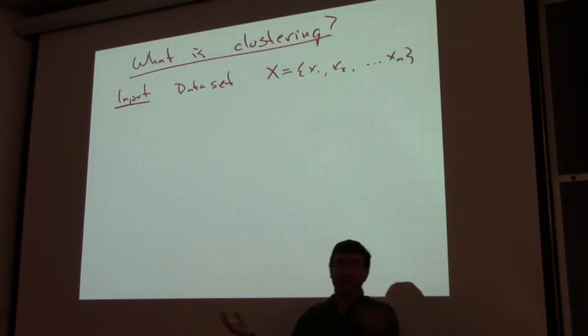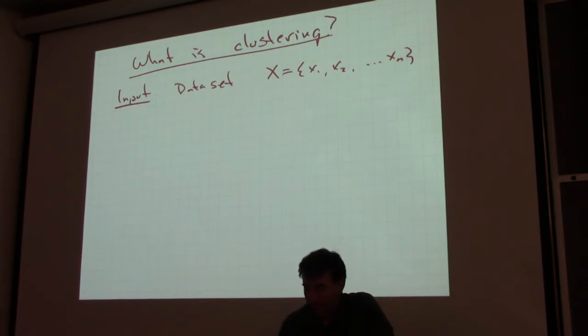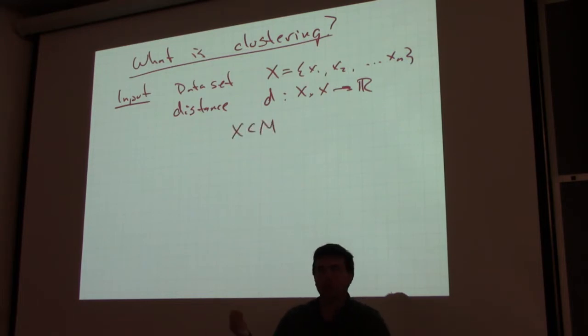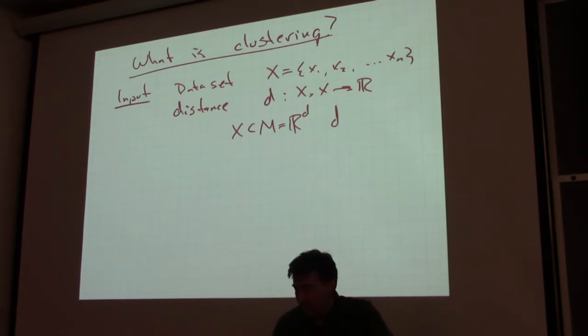Xn, so it's got n data points in it, and we're going to have some form of a distance, which is given as part of the input. In general, we'll say that this goes from X cross X to R. It could be that X is a subset of some metric space. Think of this as, let's say, Euclidean space, and then maybe the distance is more generally defined between not just the data points, but this whole